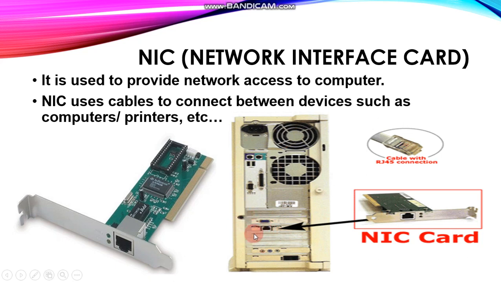And through this hole, we'll connect cables like this. These cables will be connected. Every computer will have a device like this connected at this place. So wires will be connected to each other at this place, from one computer to another computer. That is the network interface card. This is a card which allows sharing between the computers, which allows the computers to be on the network. So this is a card.